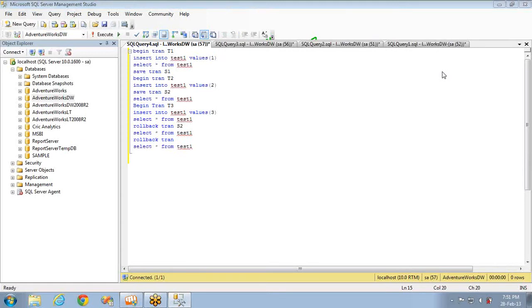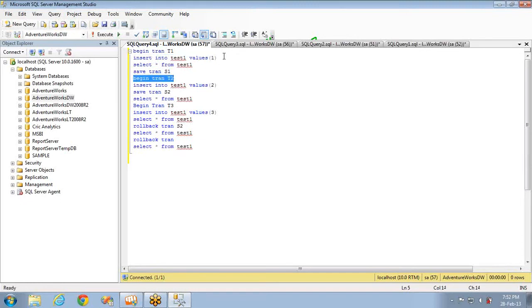So if you see the example, first I begin the transaction and I inserted one record into this, and I am selecting the data, whether it is inserted properly or not. At this particular point of time, what is the data in that particular table I want to see. And I'm saving the transaction at this point of time. If anything goes back, I can revert back up to here, so that I will have at least this data, the saved one.